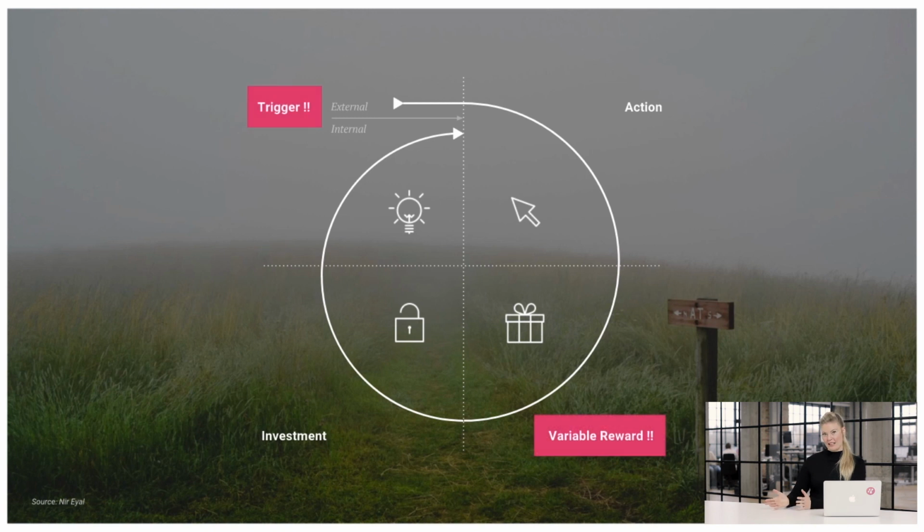But what's most interesting to look at when we're talking about mobile is the trigger and the reward. It's because the action is basically just opening your app, and the investment can be many things, and it's very general for all services and for all products, and it's not very specific for mobile. So if you're interested in knowing more about the investment, I would recommend you to read the book that Nir Eyal has made that's called Hooked. But first I'll go into the triggers, what I see as good triggers in order to create a good user journey on apps or mobile.